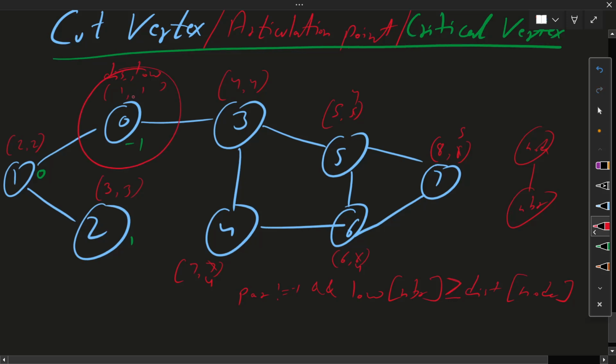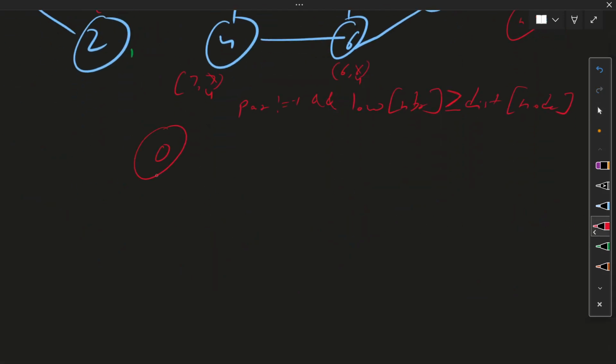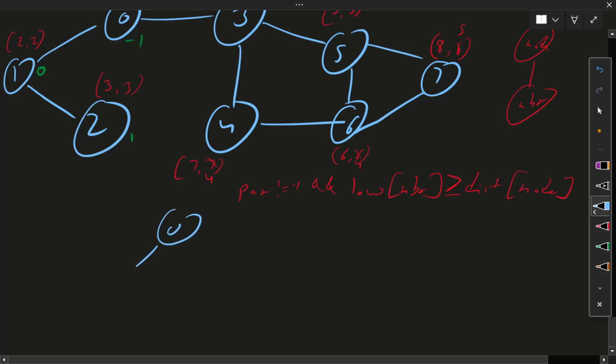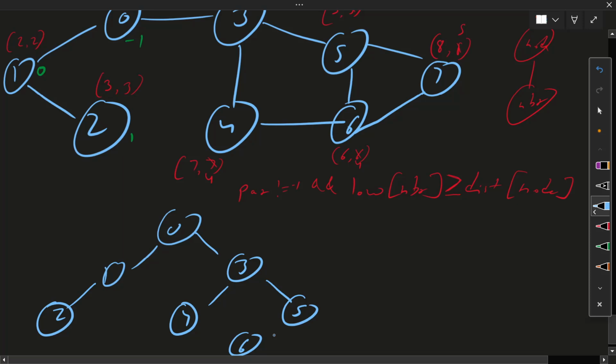What will we do for the starting position? If this is my starting position, this is a tree-like structure. So let me build a tree. 0 is my head node, 0 is my starting point. Then we got 1, then 2, and here we got 3, 4, then 5, then 6, then this is connected, then we got 7.